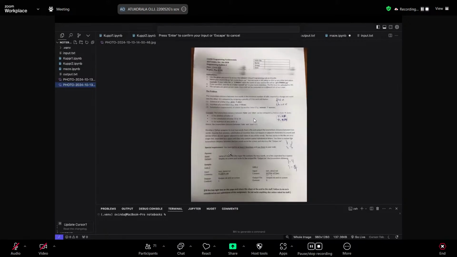The Levenshtein distance between two words is the minimum number of edits to change one word into another. It is computed by assigning a penalty of 1 for each edit. A deletion is 1 point. Insertion is 1 point. Substitution or replacement is also 1 point, right? So the distance between height and short can be computed as follows.